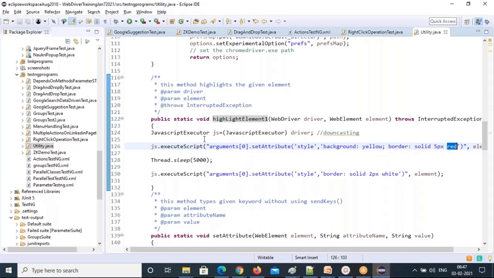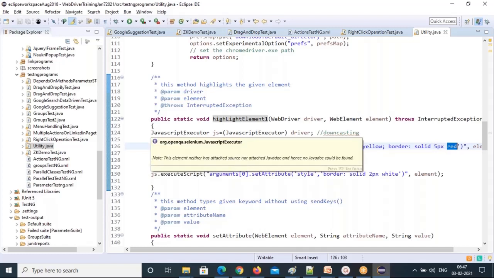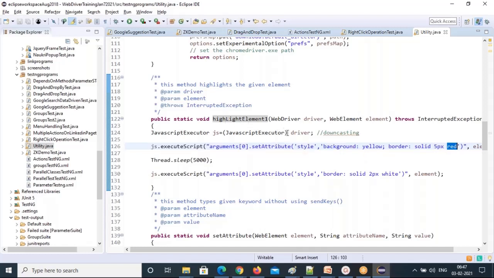JavascriptExecutor is an interface, and you're typecasting the driver variable to it. Driver is a WebDriver variable. WebDriver is another interface, and it's a super interface of this one. That's why, when assigning the super interface variable to a lower interface variable, it won't be the same, and you will get a type mismatch error here.